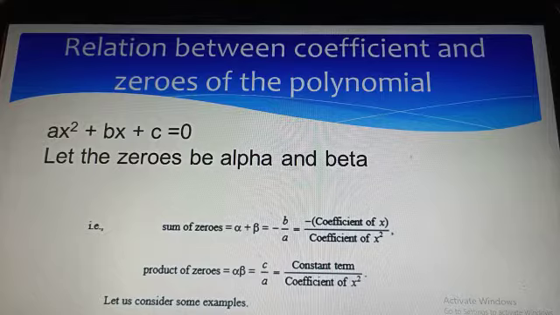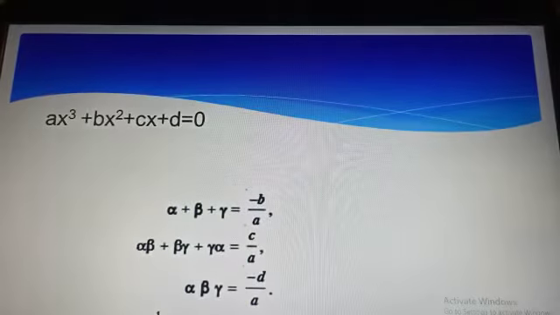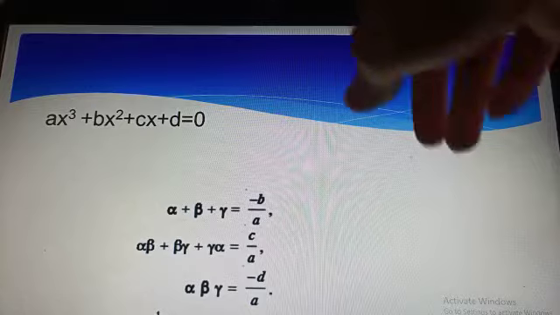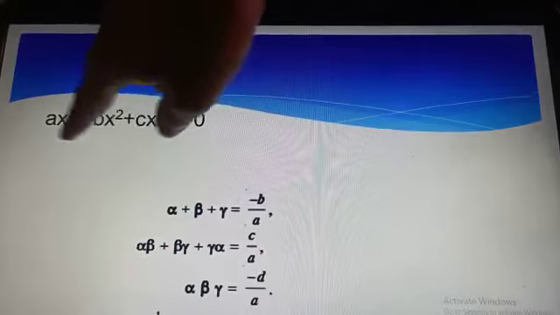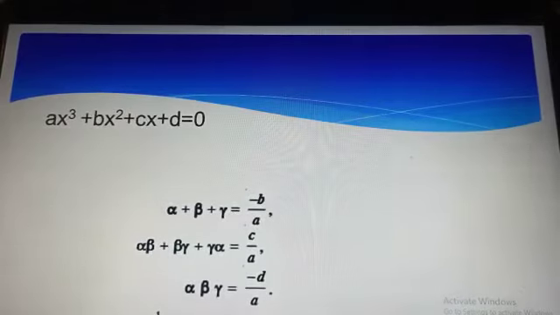Moving ahead, we will now take the case where the polynomial is a cubic polynomial. What is the meaning of cubic polynomial? It means the degree, the highest power of x, is equal to 3. So this is the cubic polynomial, ax cube plus bx square plus cx plus d,